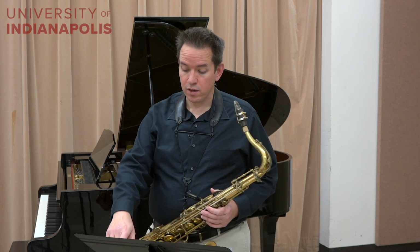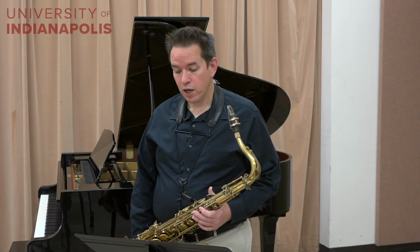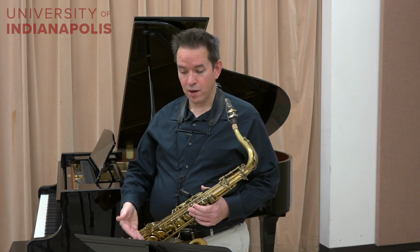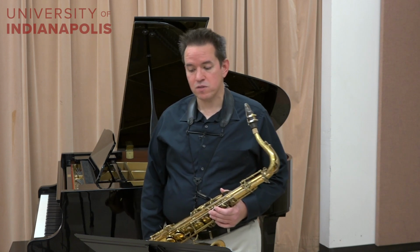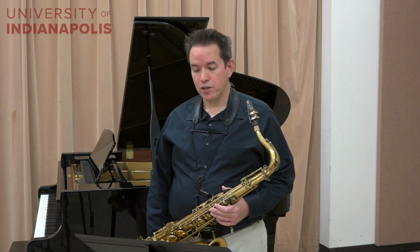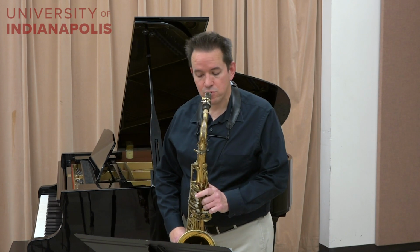The other thing I want to talk about is on the second bar, on the note that comes in on the and of 2: we want to add a forte piano crescendo. And we also want to stop that note right on the beginning of bar 3, right on that chord rest there. Let me play that phrase without the play along, and I think you'll hear what I'm talking about. So this is without the play along. 1, 2,